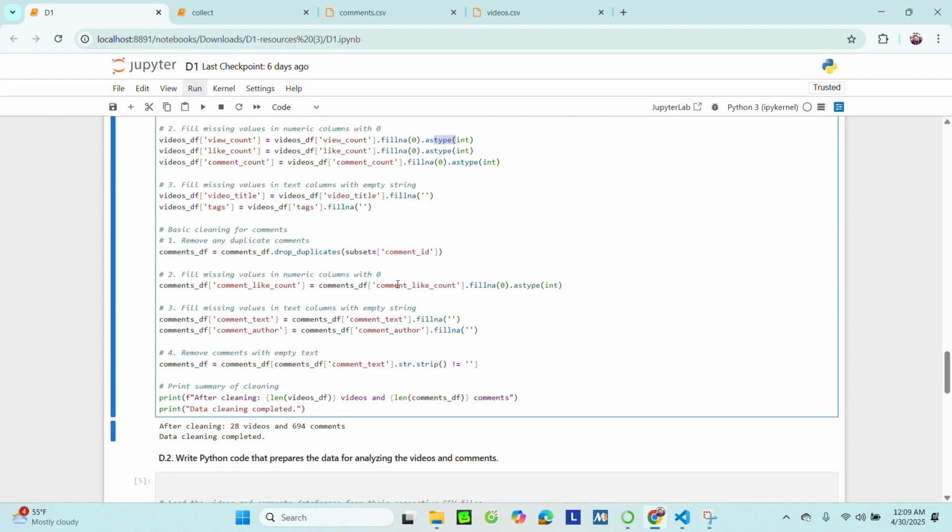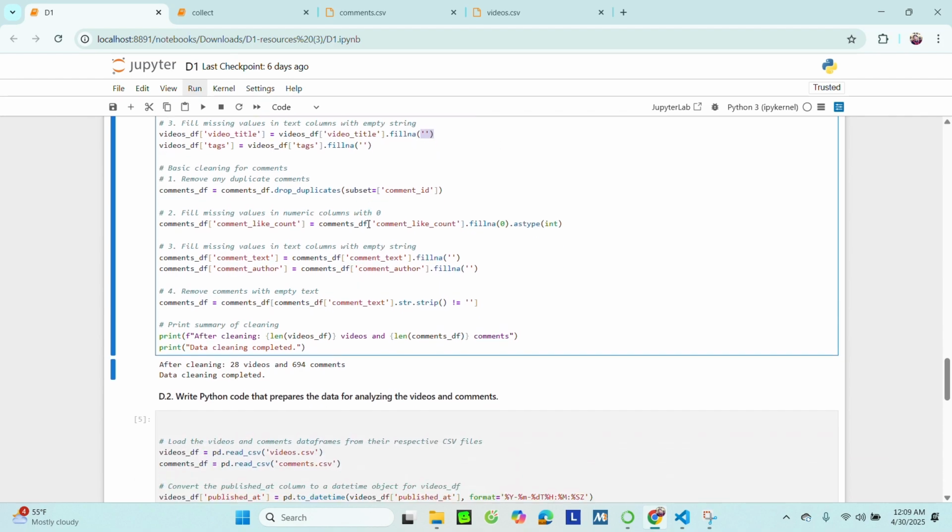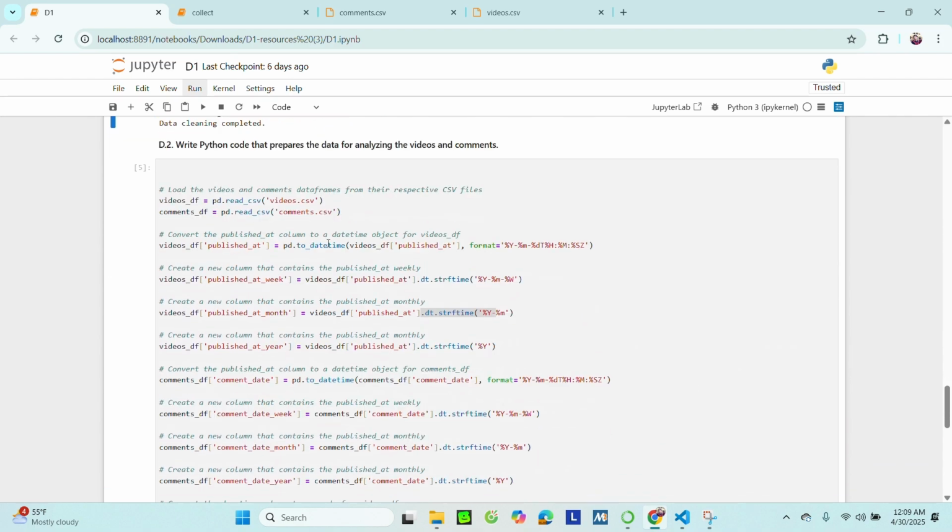For the text columns, like the video titles, tags, and comments, I just replace the None with empty strings, like here. And for the dates,